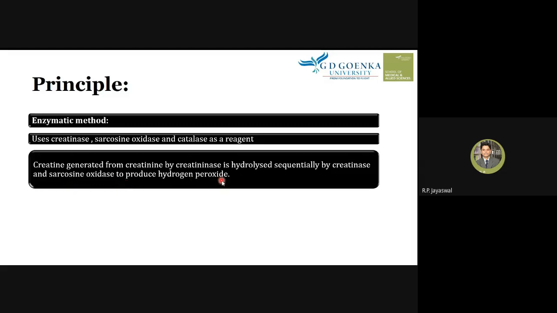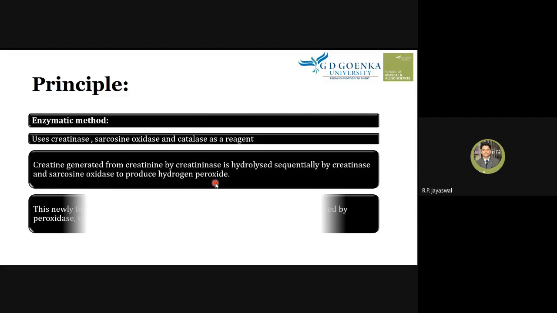hydrogen peroxide. So when you add the sample that contains creatinine to the reagent, the reagent contains these three enzymes. The first enzyme, creatininase, converts creatinine into creatine. Then after the action of sarcosine oxidase, it converts into hydrogen peroxide, right? So the hydrogen peroxide which is formed is